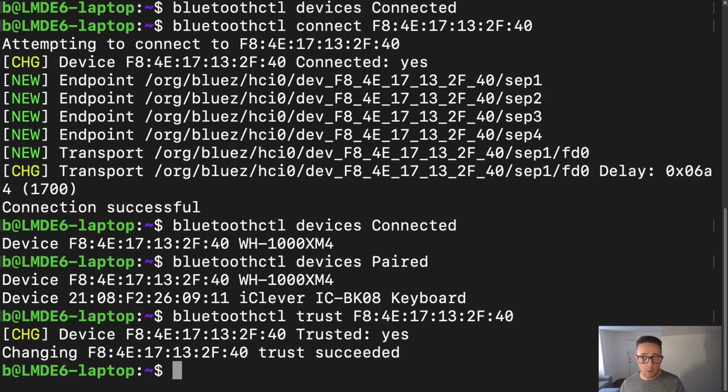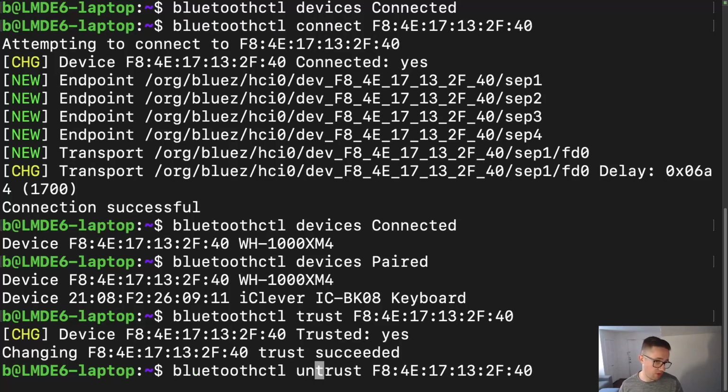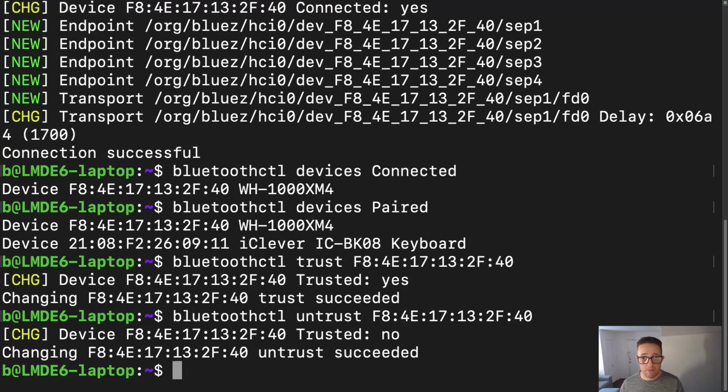Now, if we want to untrust the device, say it's maybe just a one-time use and you're like, I'm just not going to do that, you just do untrust, and there we go. Now, if we want to remove this device, it's pretty easy stuff. We're actually going to go ahead and